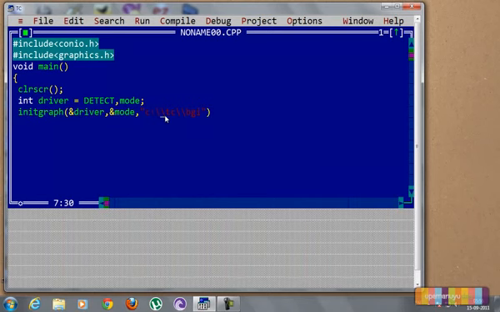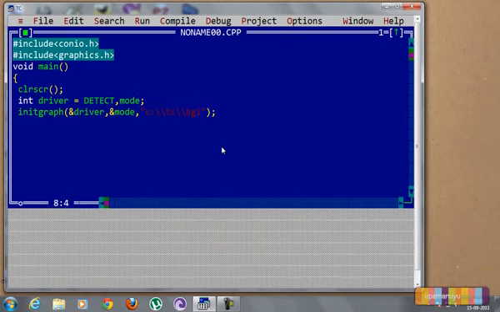Backslash, as we all know, is used as an escape sequence. So if we enter only one backslash, it will be treated as an escape sequence and not a directory path. So we have to enter 2 backslashes to ensure that it is treated as a directory path. Okay, now after terminating the statement,